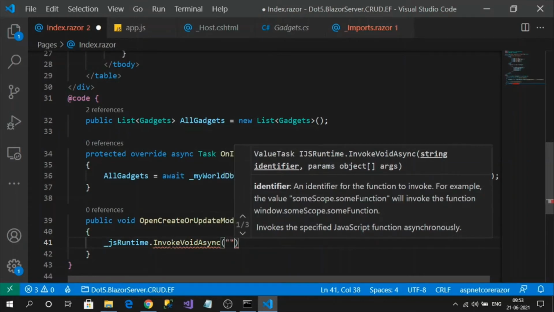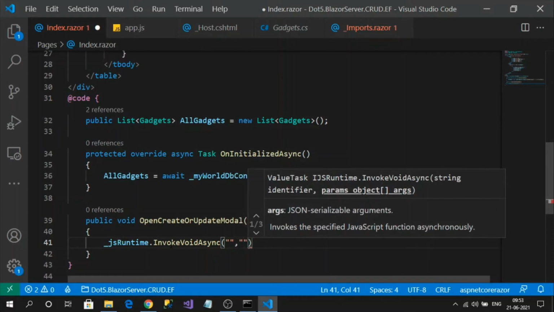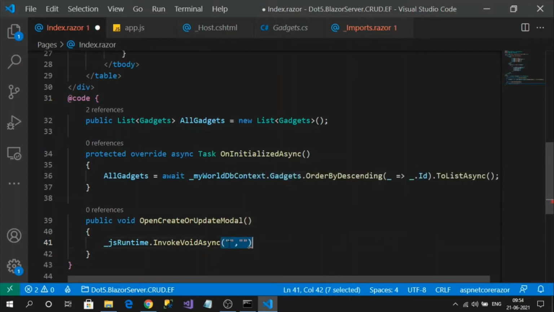Here there are two parameters. The first one is the name of my JavaScript method. The second parameter is the parameters to the JavaScript method.